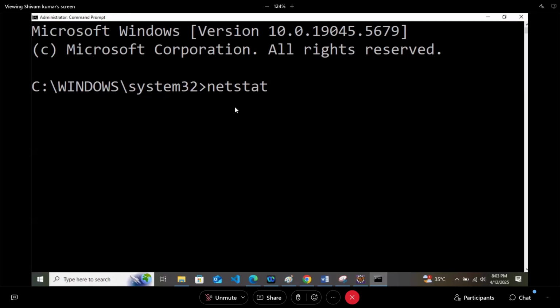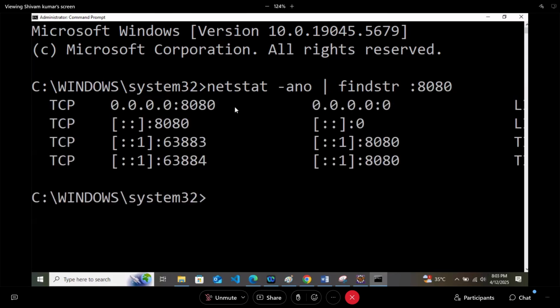So you have to type the command netstat -ano, then the pipe symbol, find str, space, colon, whatever port number you want to kill. Let's say I want to kill 8080. So I will write 8080.